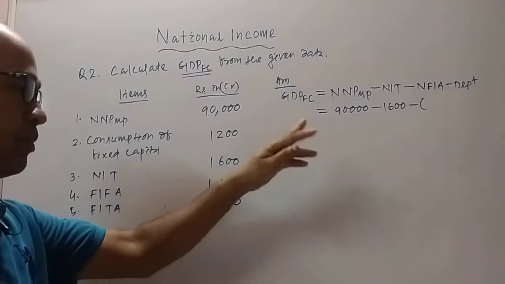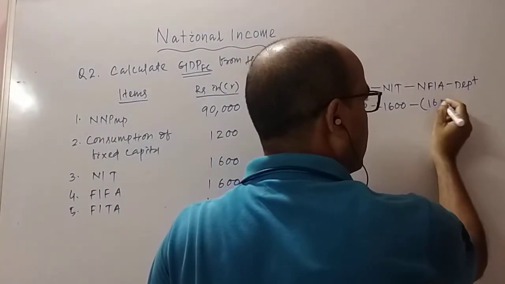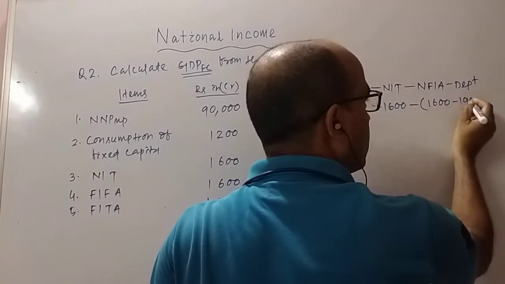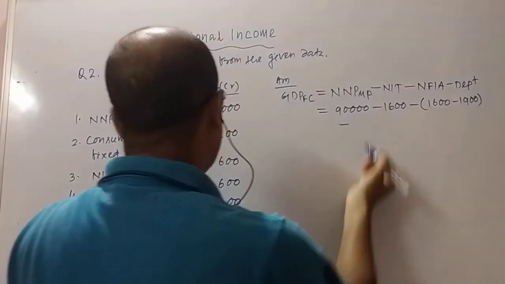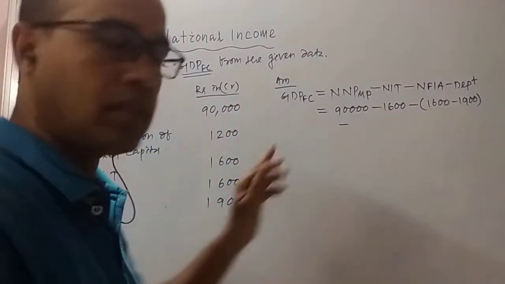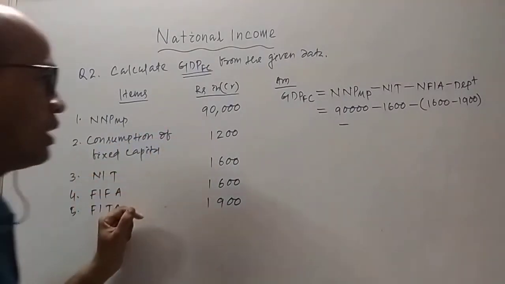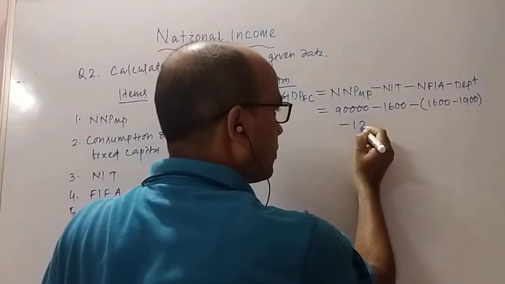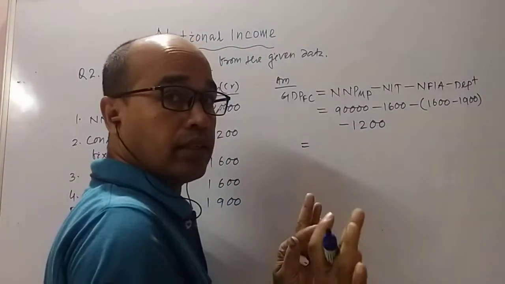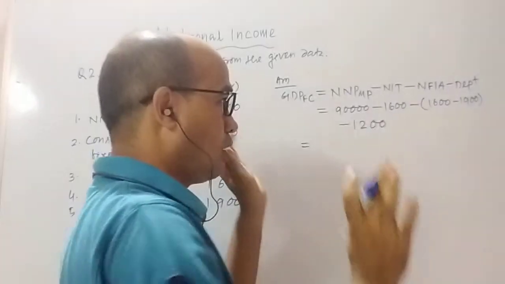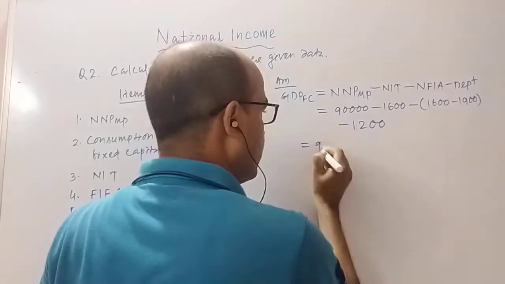But for NFIA, what will you do? Now you write NFIA is the difference, FIFA minus FITA. That is 1600 minus 1900. And after that, how much is depreciation given? Depreciation is the other name of consumption of fixed capital, so you write that, 1200. Okay. Confusion should not be there, students. Go through the data, check it. After that, you can put the data. Then 90,000,